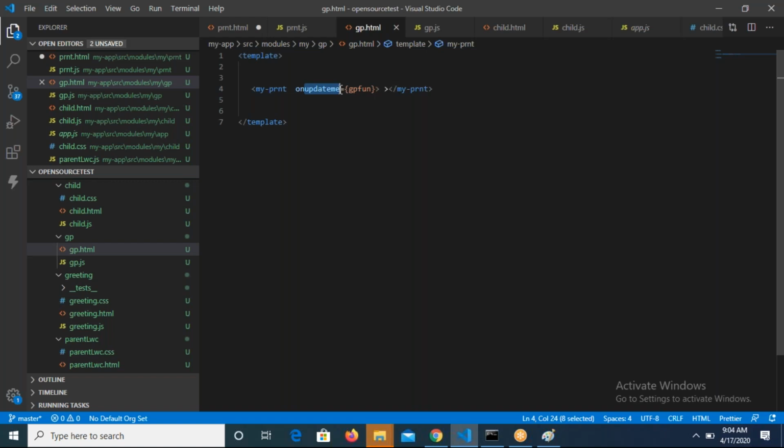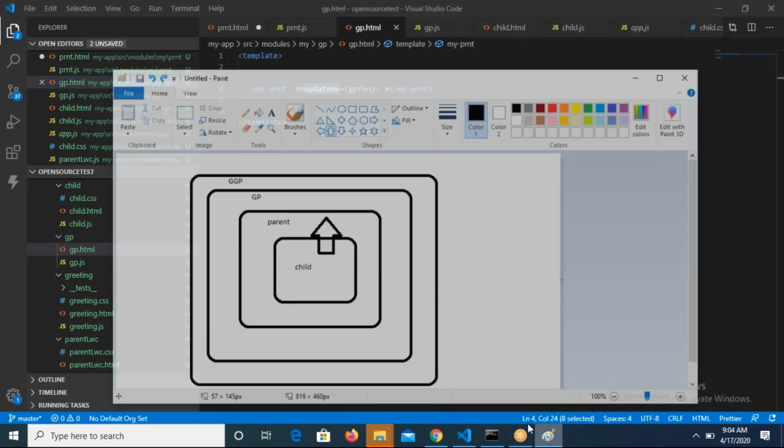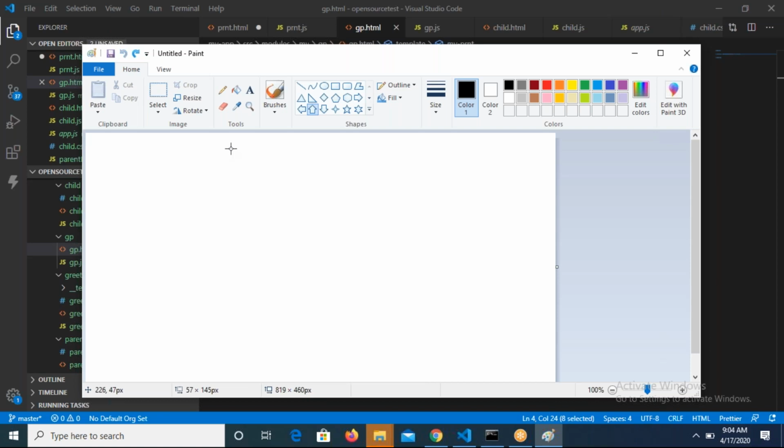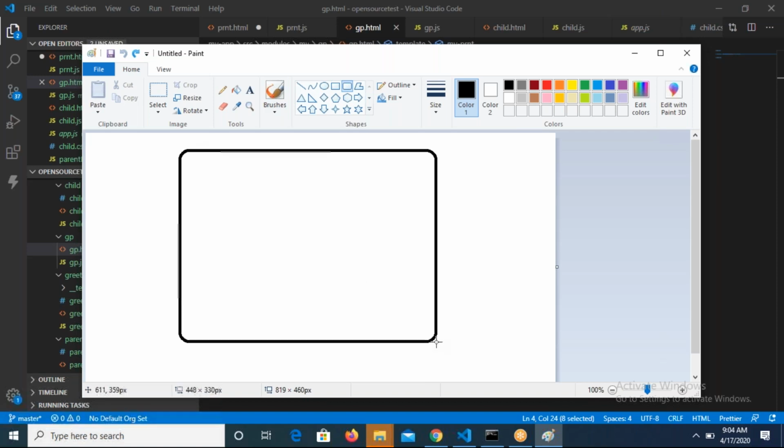Another thing in terms of the bubbling concept, right? Bubbling is not just for component hierarchies. See here, child is one component, which is your web component. Parent is another web component. GP is one web component. GGP is another web component, right? So we have the bubbling concept here. The bubbling concept is not just limited to the different custom elements which you have created. So within the same template, let's say this is your template, one custom component, assuming that this is a